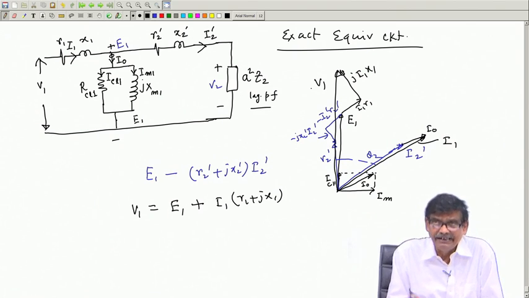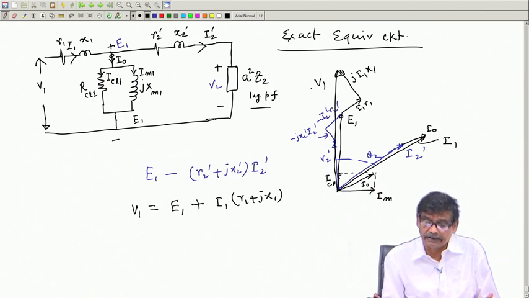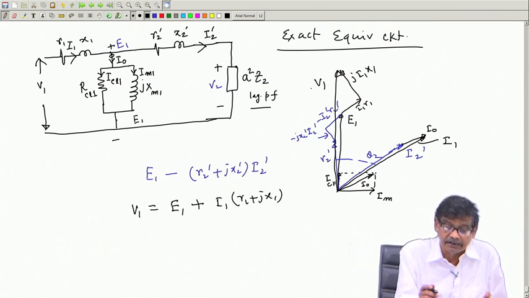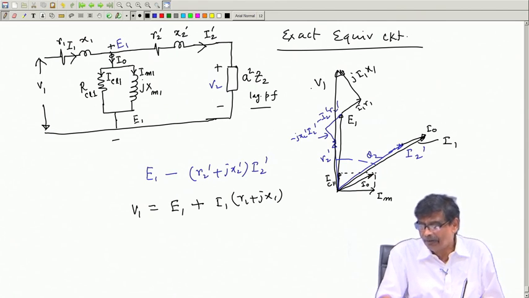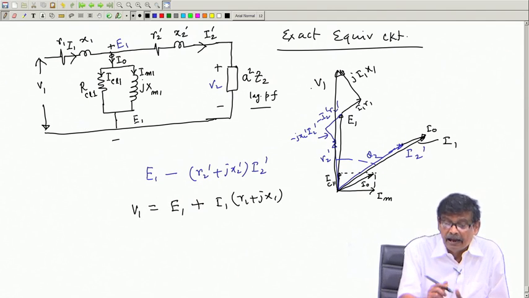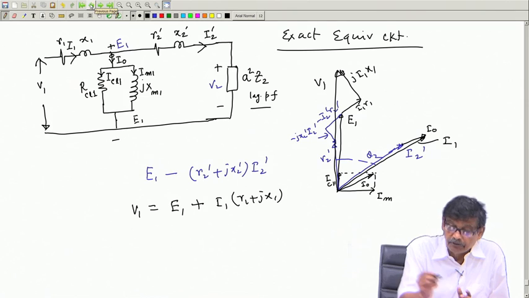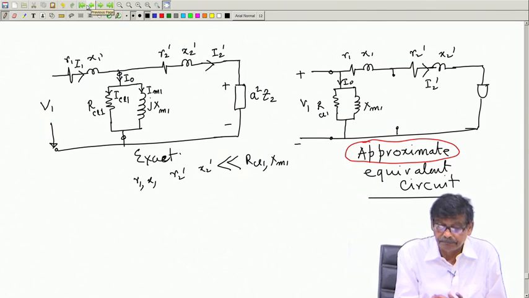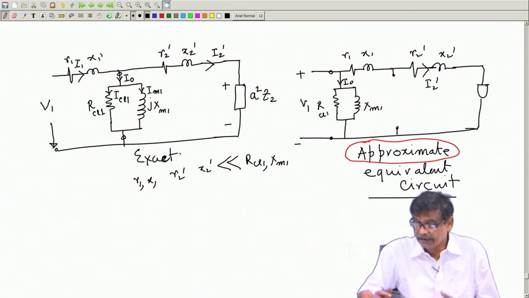This is the idea: if you know this voltage, you can completely draw the phasor diagram. So, it can be done in several ways, although you will see later this complicated diagram is not necessary if you have a powerful calculator, and if we have decided we will use the approximate equivalent circuit, things will be much easier, and we will see it in the next class. Thank you.